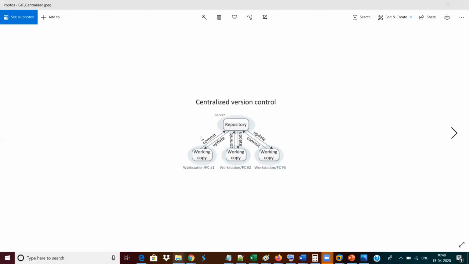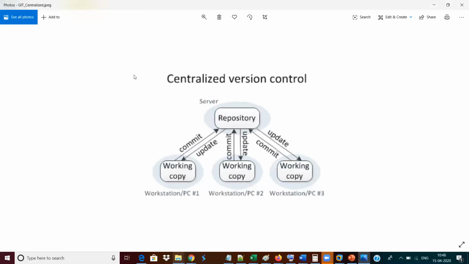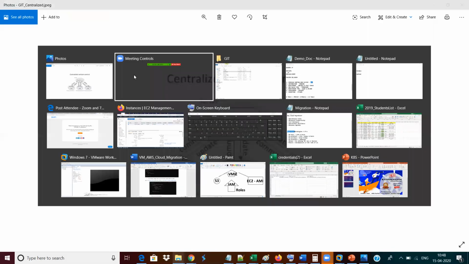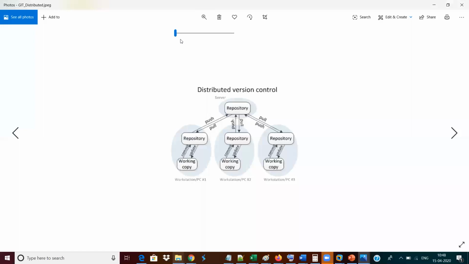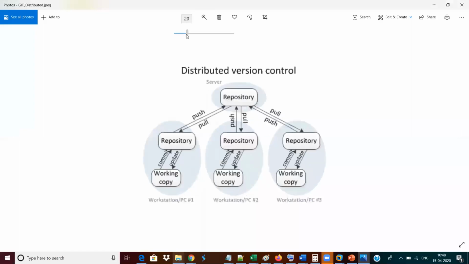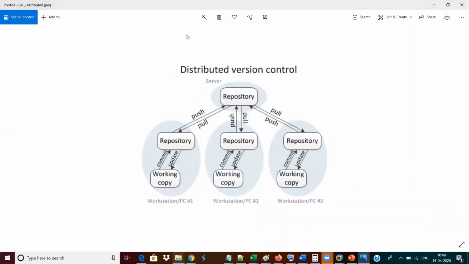So now I have shown you a screen. In this particular screen, you can see something called centralized version controlling system. This centralized version controlling system is a topic which is going to give you an idea of how a centralized version controlling system works. Same like that, I have another option in version controlling systems, which we will call a distributed version controlling system. We will shortly call it DVCS. And the earlier one, we will call it CVCS. So CVCS and DVCS are the two components in real time, which are called the types of version controlling system.